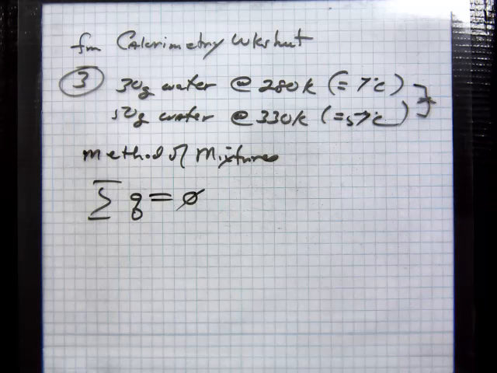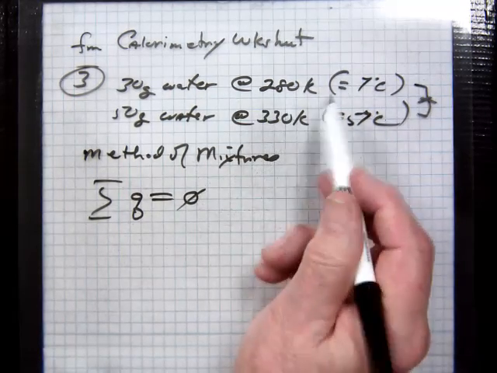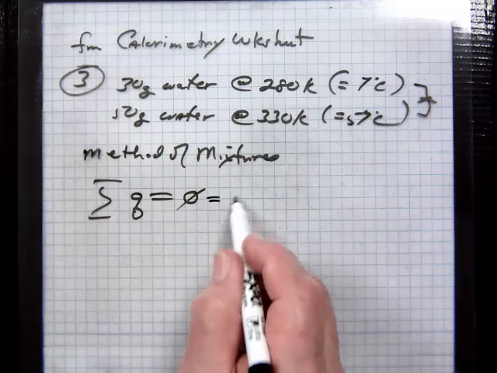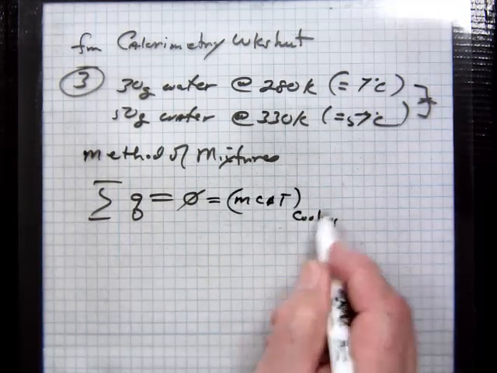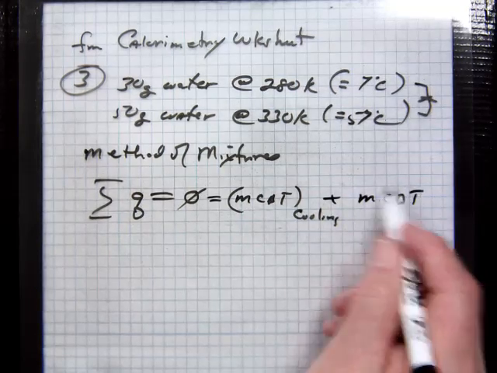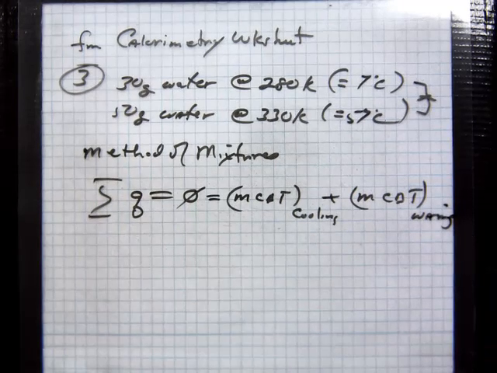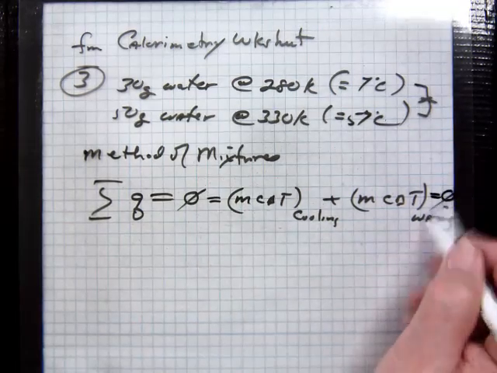So you look at the problem and think, sum of all the energy changes. Well, I've got an energy change in the first one, an energy change in the second. That's a temperature change between the two. They're going to wind up in the middle somewhere. And both of them will have an MC delta T. So what I have is an MC delta T for the water cooling plus an MC delta T for the water warming. Like that. Now, all that equals 0. I've got to put that on the end.